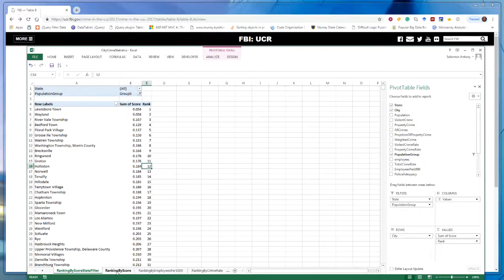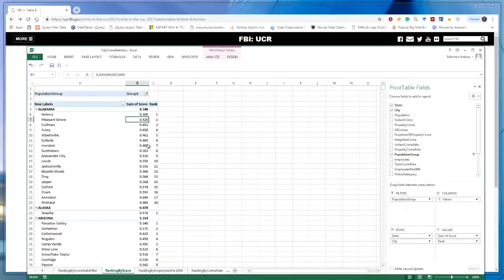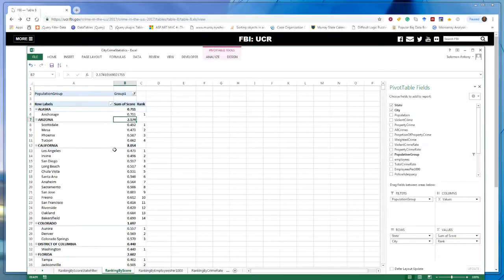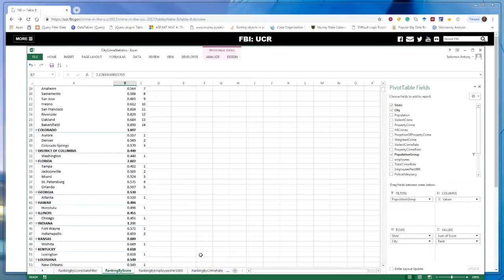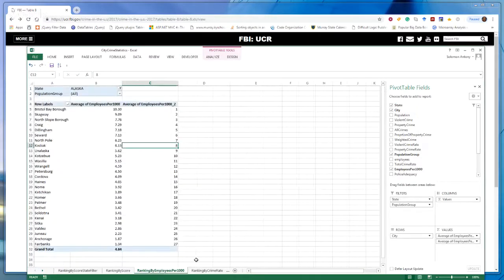Another pivot table here simply lets you group. It shows by each state. I can pick a group, group 1, and it tells me what cities are in each state and what ranks they got. So this resulting listing can be useful to somebody who is looking to see what the scores are for each city, and which city has high and which city has low, and so on. All right, so this was the cities crime data.